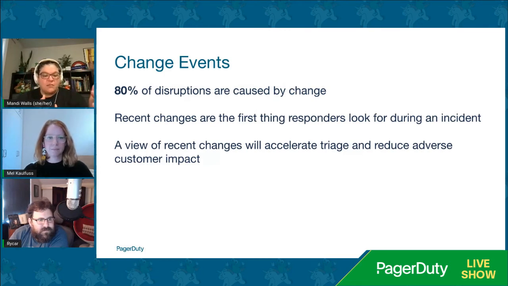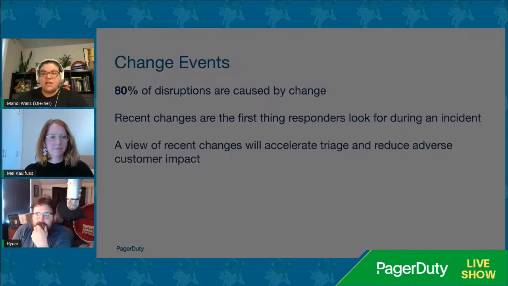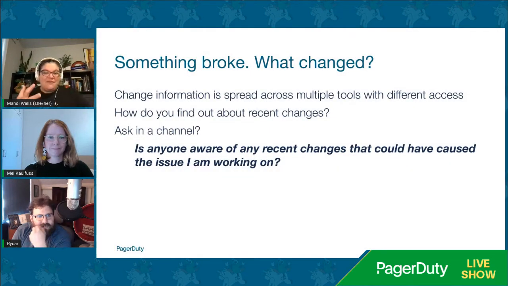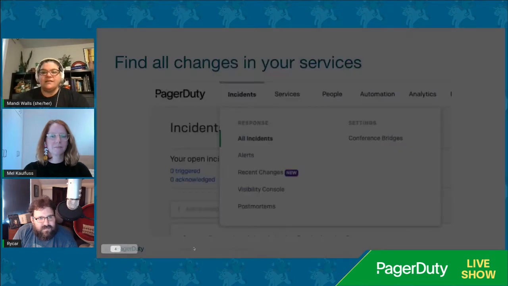The recent changes that are made are the things that you want to find out: what happened, what went on. Getting a view of your recent changes helps you accelerate your triage when there's an alert or an incident, knowing what has changed. You don't really have the ability right now, with everyone working from home, to stand up in the cubicle farm and yell, who changed what? Who touched X, Y, or Z? So getting that change event information from any tool that you're using is super helpful. You don't want to be asking in every channel, did you change this? Did you change that? Did you push a thing? We want that information to come to us directly without us going to look for it.